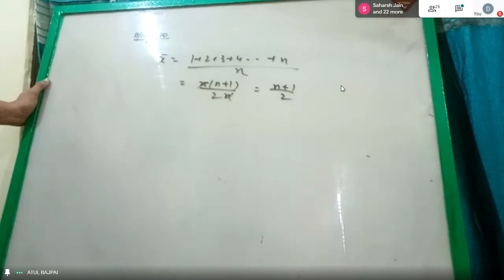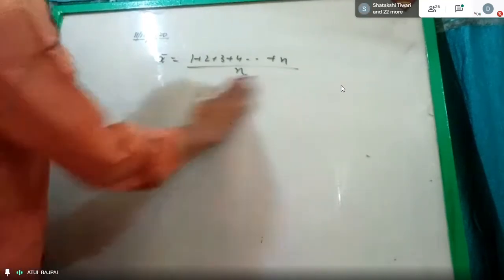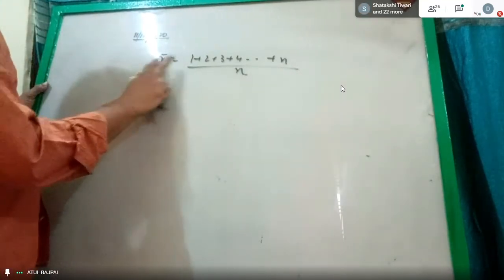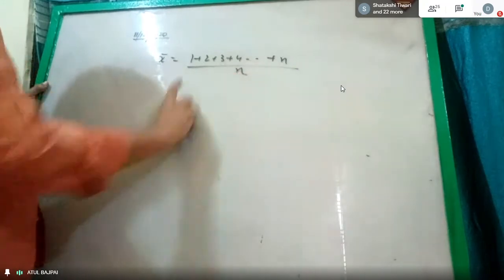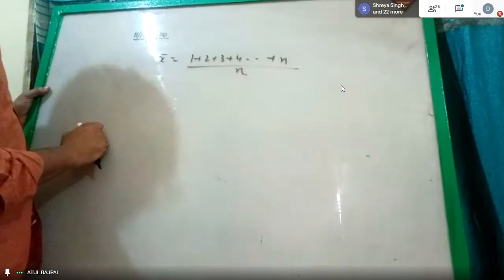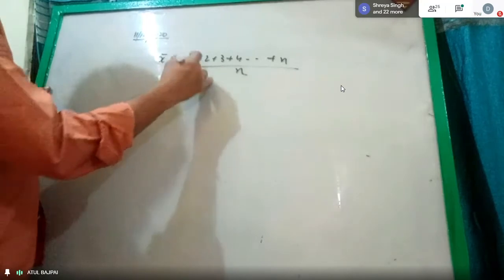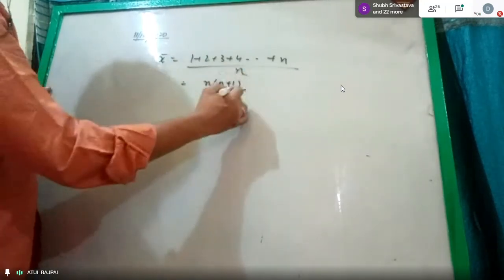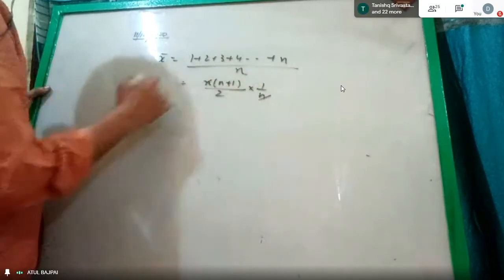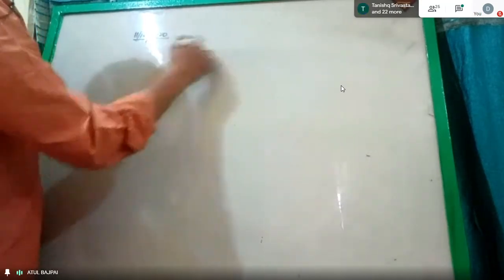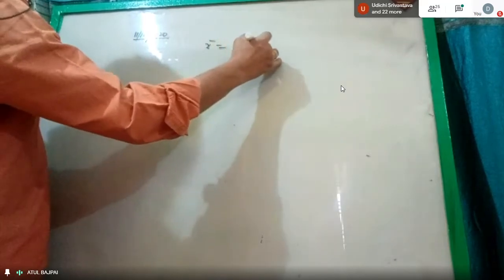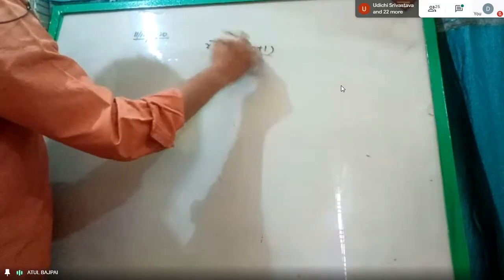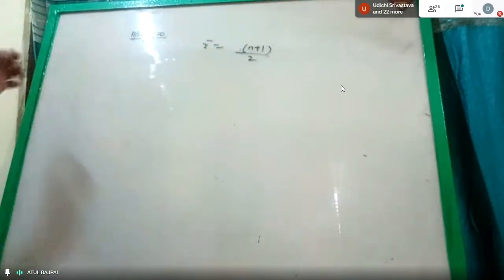Clear till here? Sir, how do we get n in the denominator? Average. What is mean? Sum upon how many numbers are there? There are n numbers, so it will be divided by n. And this AP series you can take as n plus 1 by 2, and this n is already there, and then cancel. So what is x bar we get over here? n plus 1 upon 2. This is what we got as x bar.